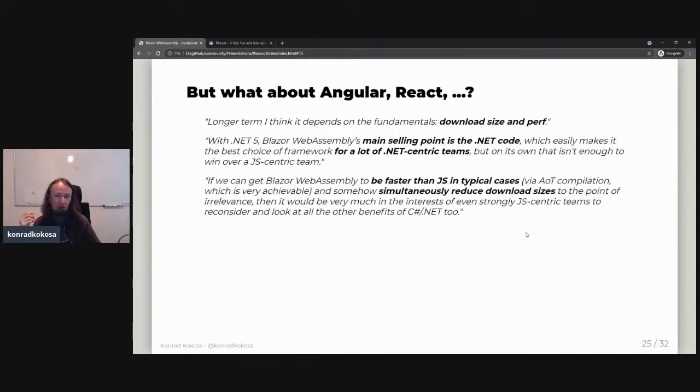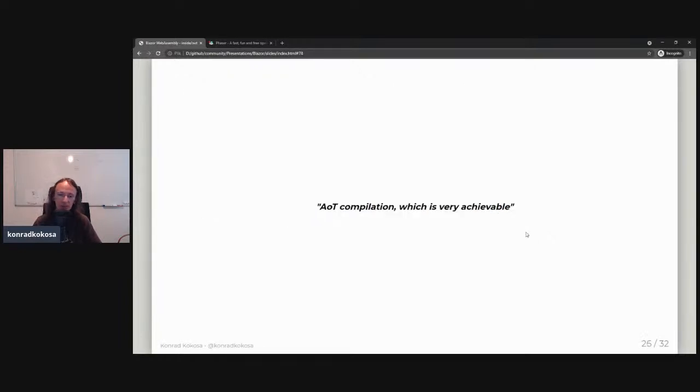But the goal for Microsoft is simply to make Blazor faster and faster and smaller, to address those two problems that I described previously, because they want to give you something that will be able to fight for attention with people not only from the .NET ecosystem but from everywhere where front-end technologies are used. So they're really trying to think about fighting with JavaScript. We will see. For sure, to do that they need to improve the speed, and for that they are introducing